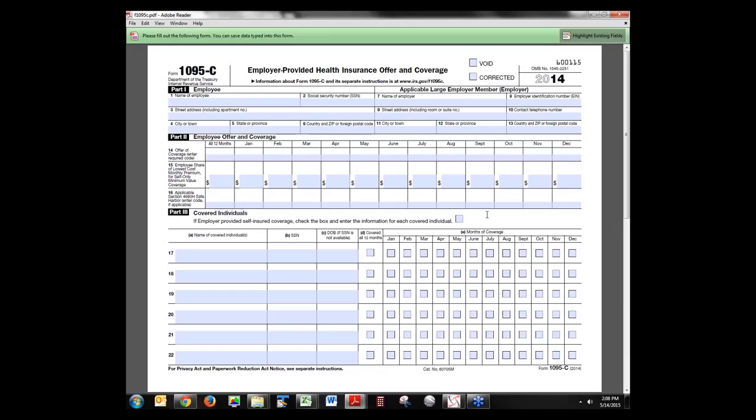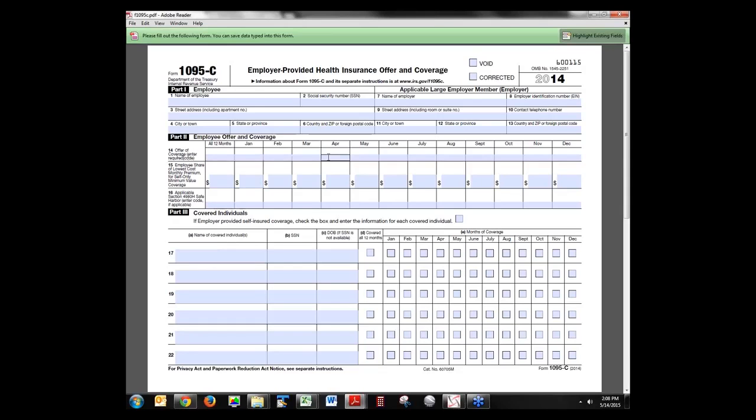I should say track your employees, the tracking that you're doing now, in order to get this form to each employee that you have to get it to. Let me just review the form really quickly. So we've got Part 1, employee name and address there at the top, and then the employer address, top right-hand corner. Part 2 is really where all the data revolves around, and this is the offer and coverage